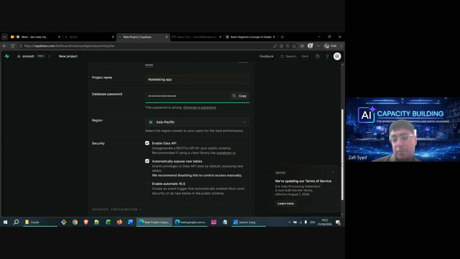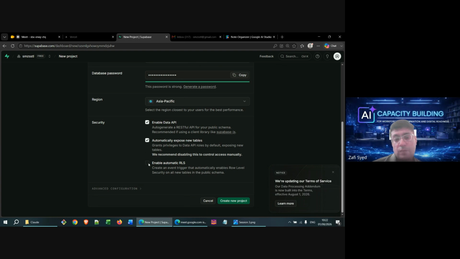Now, it's incredibly important to select the option of row level security in the security section. What this would try to ensure, and this is not absolute, you'll have to do more, is that every user can only read, edit, and write their particular data, which is associated with their account. It shouldn't be that user one can view the data of user two and vice versa. And the first step to do so is to enable RLS. So if you're okay with this, then let's create the new project.